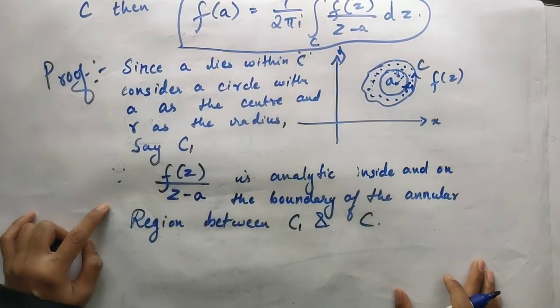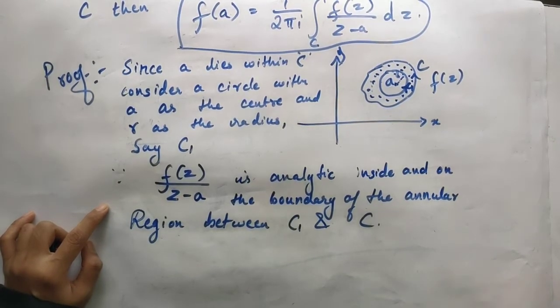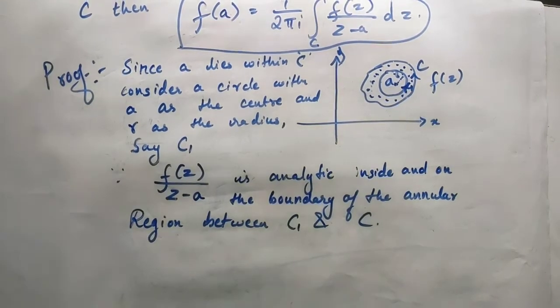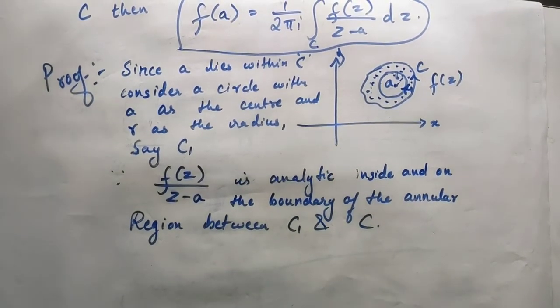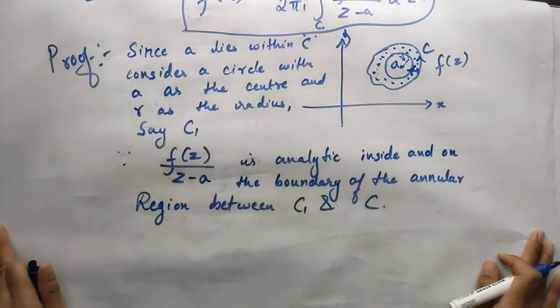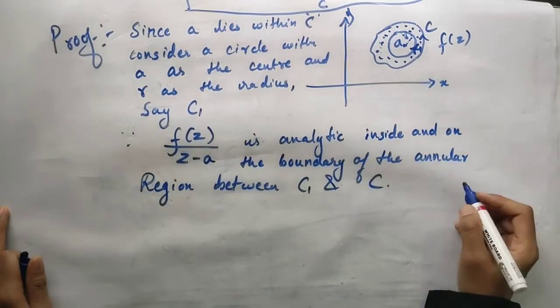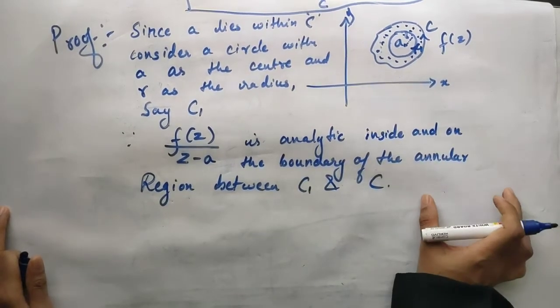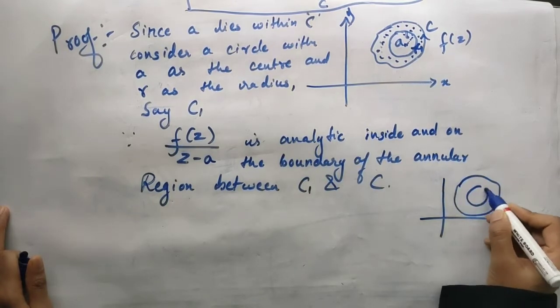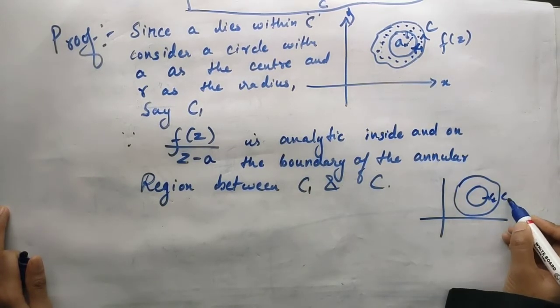I can use one of the consequences of the Cauchy's theorem and work for my further part. I hope you remember the second consequence of the Cauchy's theorem. That same can be applied here. What is it? If I just repeat it and I'll just give a short corner so that I can directly use it here. See, there are two curves. One is lying totally inside the other curve.